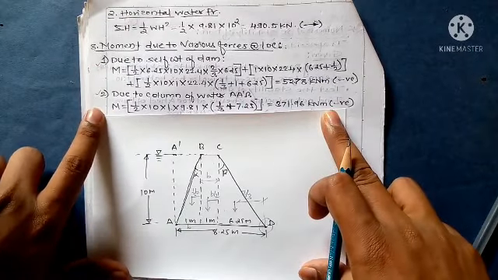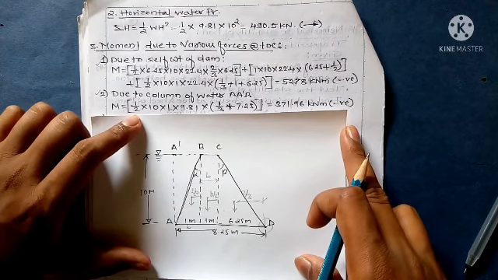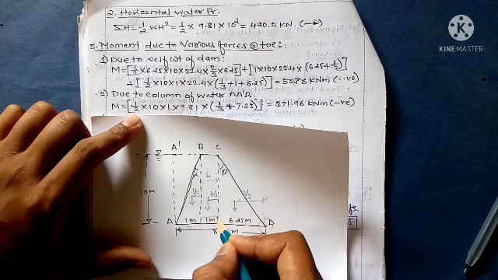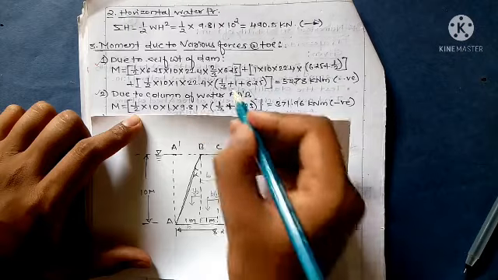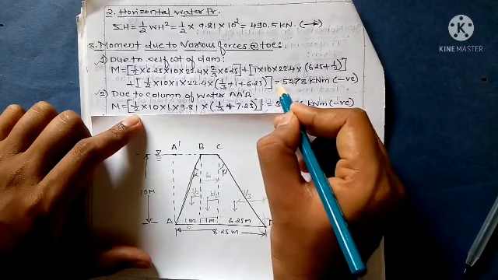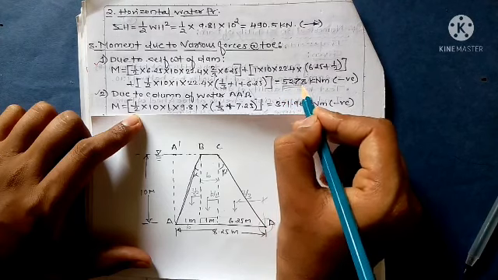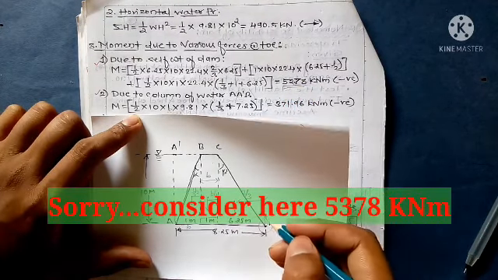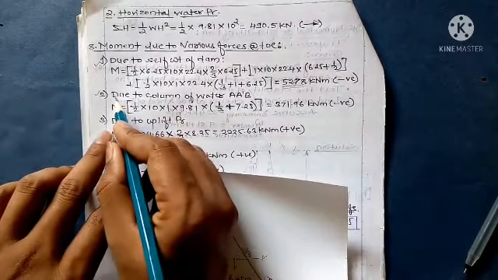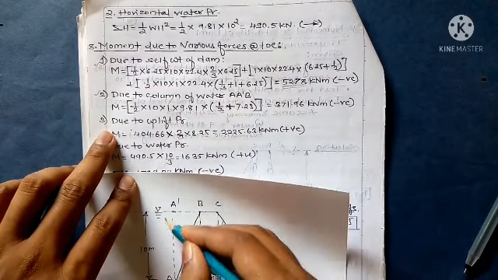Okay, 1/3 B, so this 1/3 plus this 1 plus this 6.25, so calculate all the values using calculator, so we get 52.78 kilonewton. So consider this moment negative. Then second, movement due to column of water A-B, this A-B, this water column,